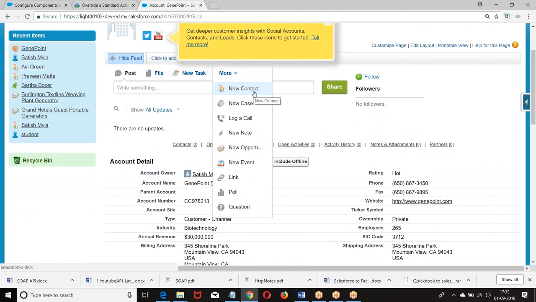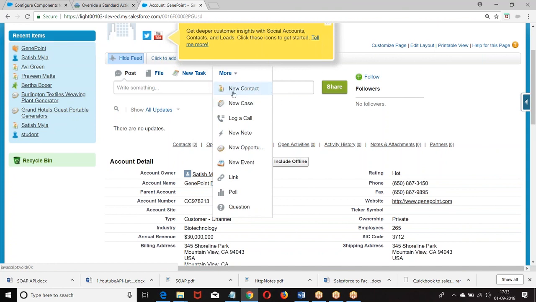On any page we can add, on any object we can add. This is not related to a specific object. These actions can be added anywhere on any one of the pages or any one of the objects. These are not specific to a particular object. They are global. That's why they are called global actions.